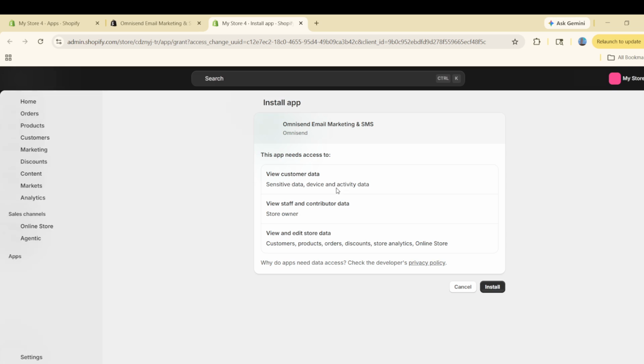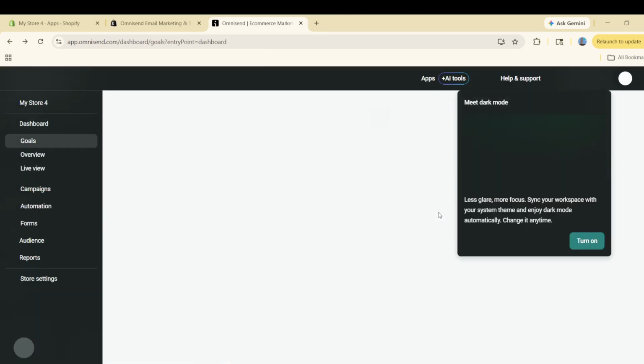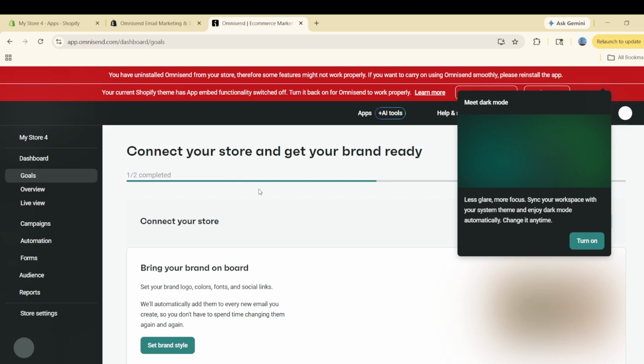Next, click Install. This starts the app installation process and connects Omnisend with your Shopify store. Depending on your setup, Shopify may show you a permission screen. If that happens, review the requested access so you understand what the app will be able to do inside your store. This is standard when adding marketing apps, and it helps make sure Omnisend can sync customer and store data